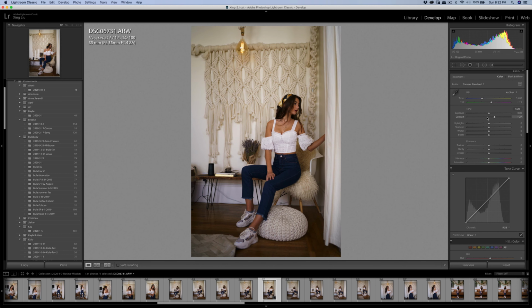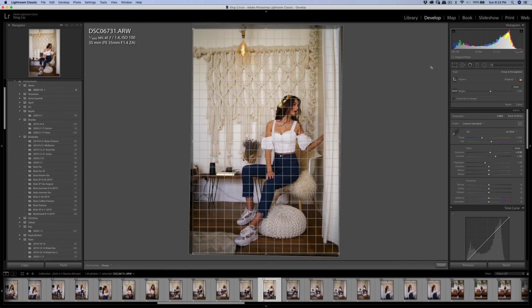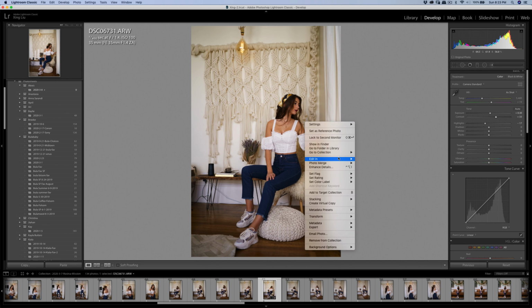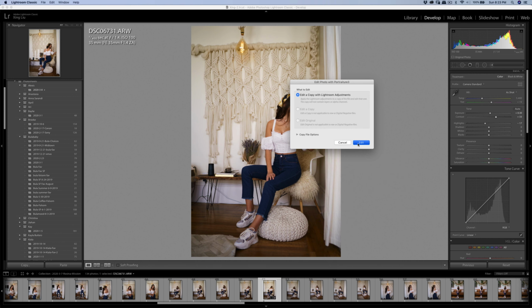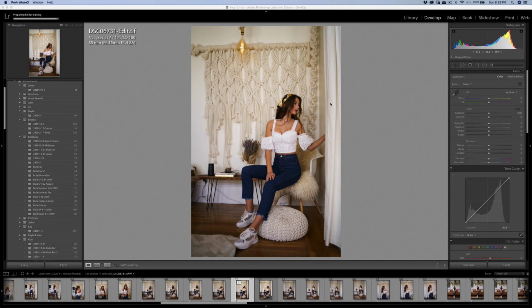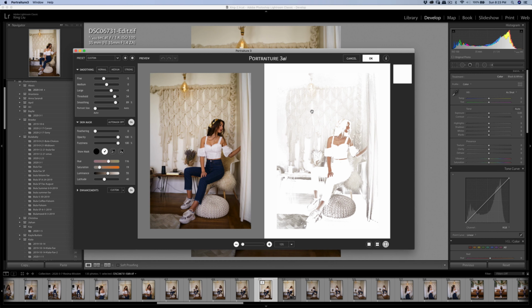So I'm gonna add some contrast and increase the light a little bit more for this one. Okay, so when I'm changing the alignment, and this one I'm just going to go directly to the edit for the portraiture 3, and let me see. Okay,